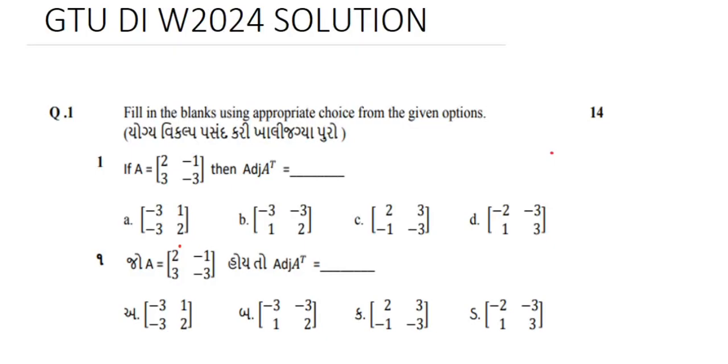Today we are going to go through the detailed paper solution of the mathematics exam of Diploma Engineering under Gujarat Technological University of 2024. Whether you are preparing for an upcoming exam or just reviewing your answers, this walkthrough will help you understand the logic, methods and the solution step by step. I will break down each question and solution very clearly, making it easy for you to grasp the concepts